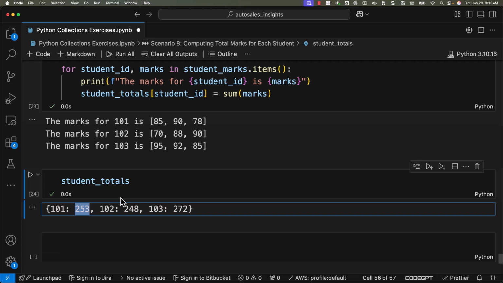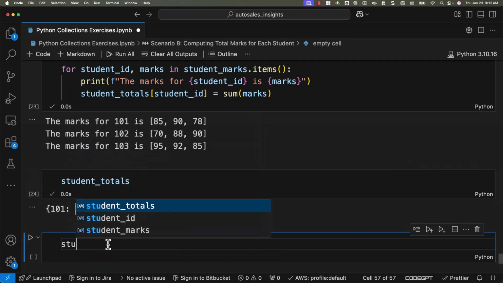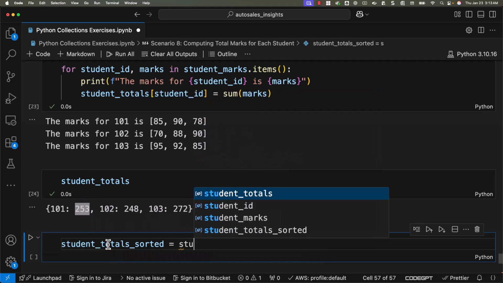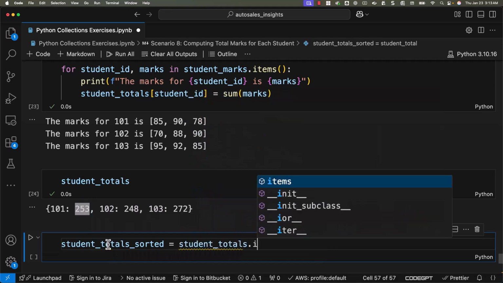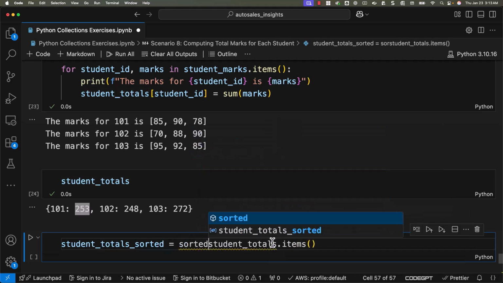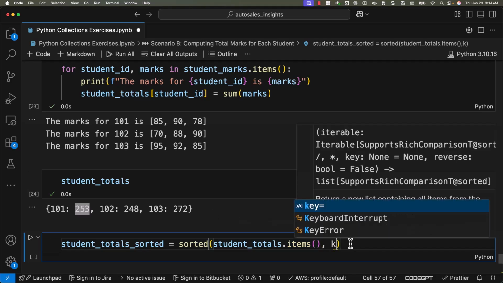In case you wanted to sort the data in descending order by total marks, you can use the sorted function. The way you can achieve it is like this. You can say, let me say student_totals_sorted equal to sorted of student_totals.items(). This has to be passed to sorted. Sorted is the function which we can use. This is nothing but a list of tuples. The second element in each tuple is nothing but total marks. Hence we can say key equal to